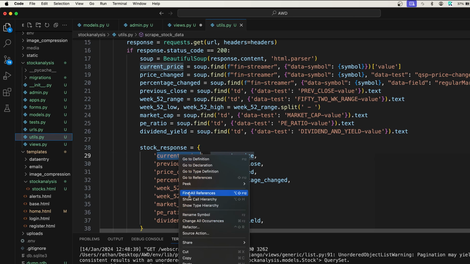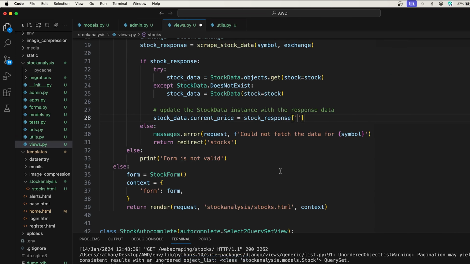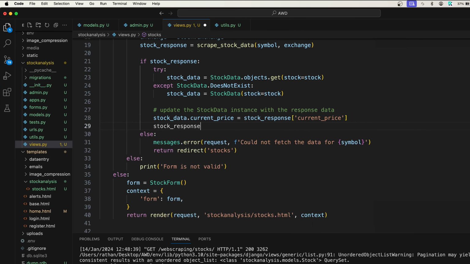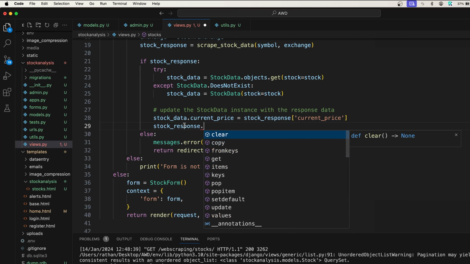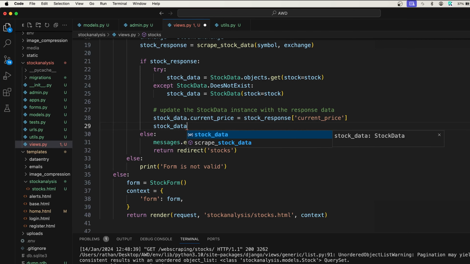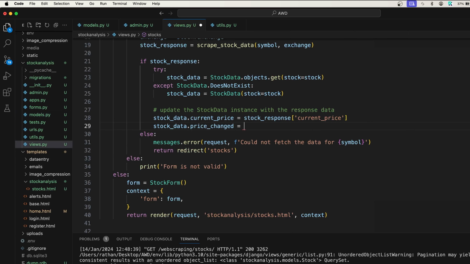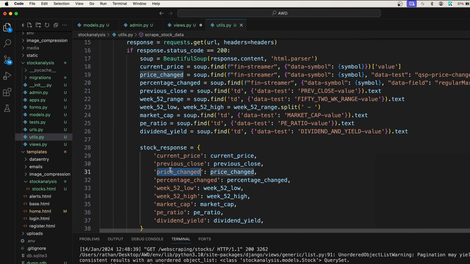So this one we have to access. Okay, now we will get the current price, and we are updating it into the stock data table. Similarly, we'll update everything from the stock response. Not stock response, stock data dot, what next? It is price changed, right? Let's say price changed is equal to stock response of price changed,